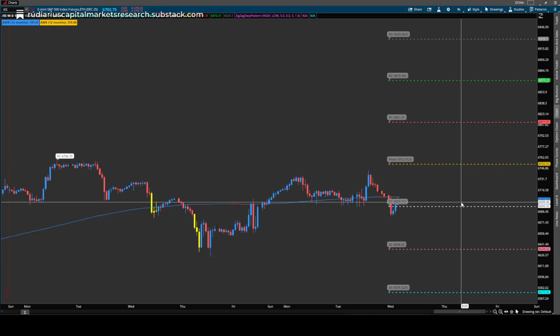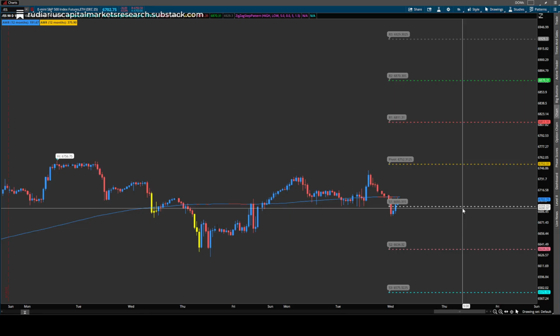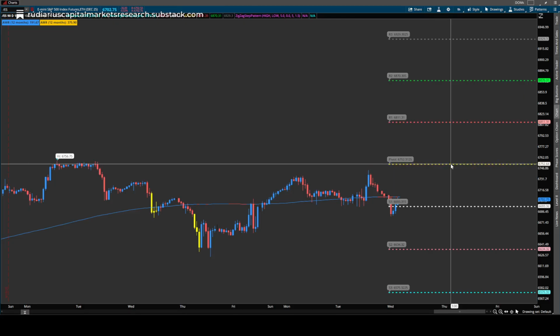Just because we're below this pivot doesn't mean this is bearish. I think these levels have been interpreted that way. I may have even explained them that way at some point. It's really just, it's not a matter of buy above, sell below, okay? There's no hard rules in anything. I do plenty of buying below pivots, right? What it's really saying is that,